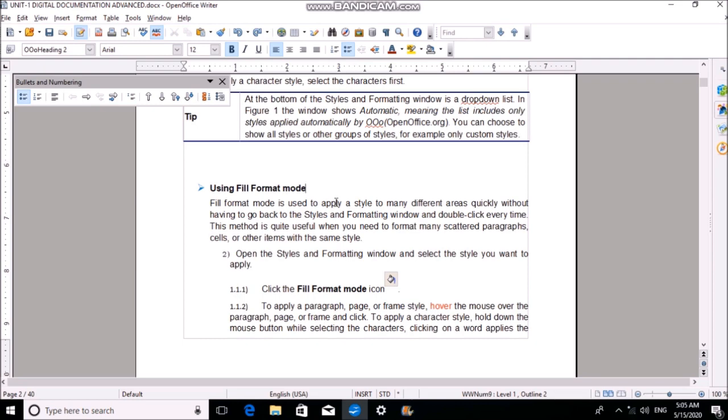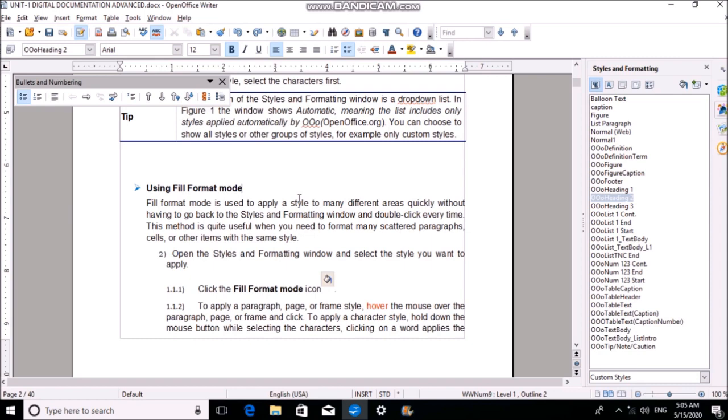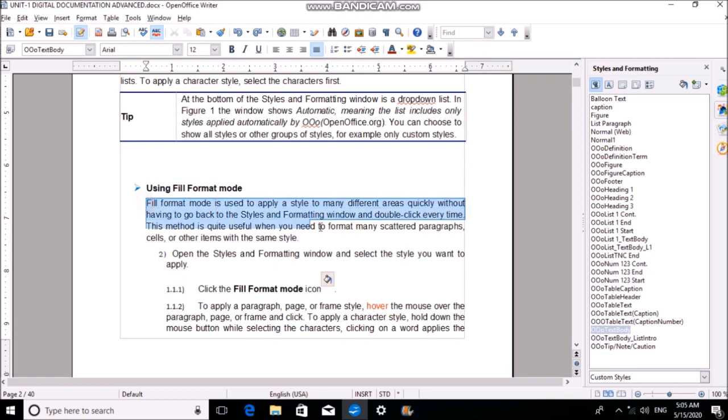What you have to do is, let me show you the style window first, because I need you to see the changes which I'll be making with the fill format mode. So suppose this is the fill format. This paragraph has some sort of formatting which is known as OpenOffice.org text body, right?